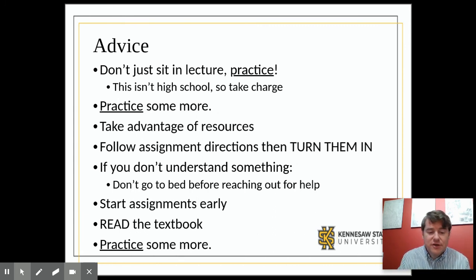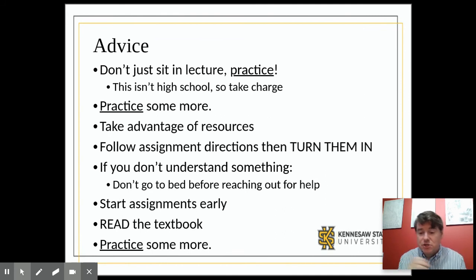Just ask. The other thing I will say is start the assignments early. The nature of the beast is stuff goes wrong. It takes a long time to do some of these assignments because you're going to run into weird syntax errors that you don't anticipate, and then you're going to have to fight your way through that. And you're going to have to look something up and then understand it and maybe watch a video about it, and that takes time. So don't assume that you're going to be able to knock everything out in the last few minutes. You're going to need time to do it.